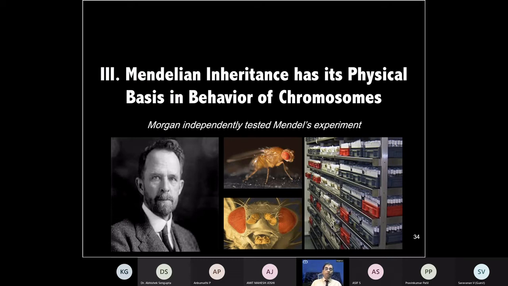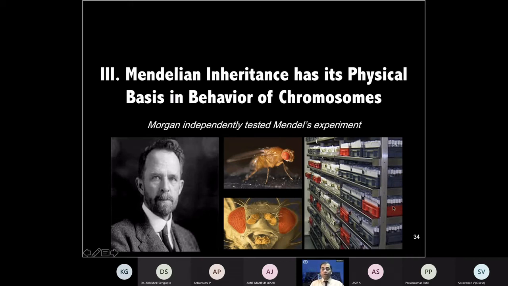But one more scientist contributed immensely, and he was following Mendel's experiment. His name is Morgan, and he was trying to replicate what Mendel did, but in a different type of experimental model. He was looking at what can be done in Drosophila, the fruit fly. So when you eat a banana, and if you leave the banana peel and you see those small flies, those are actually fruit flies. And if you enlarge their eyes, they look very pretty. They are red in color. People do experiments on Drosophila fruit flies because you can generate them in a very short time. You can do the crosses very fast, and they come with different traits as well, like the pea plants. So Morgan was working on these